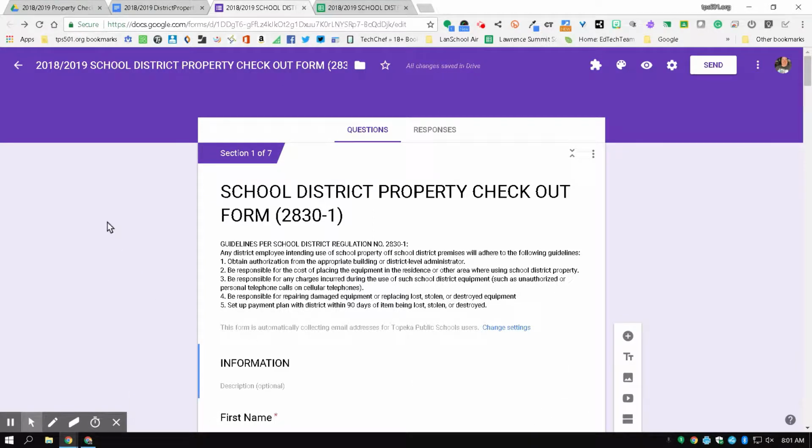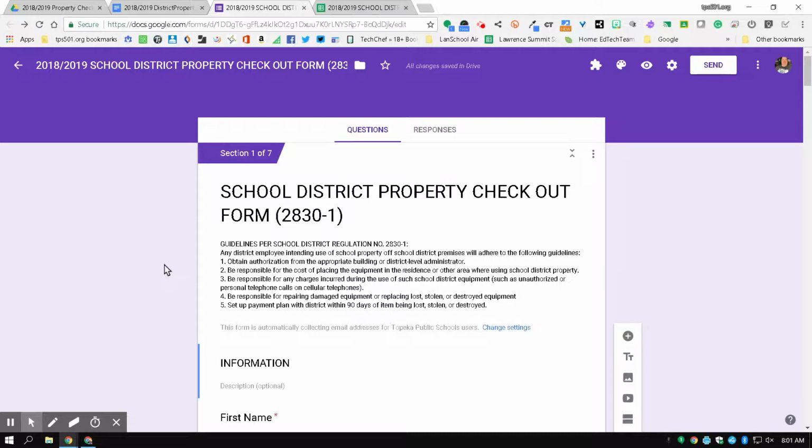I want to show you how we use Autocrat in a form that our staff members fill out when they're checking out their laptops or Chromebooks or iPads at the beginning of the school year. So here's our form, and we always did this on paper, and we have a district policy towards this, and so we always had teachers fill it out on paper every year, and we decided a few years ago to put this into a Google form,